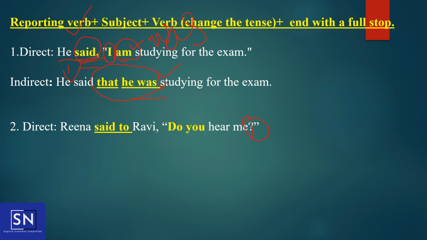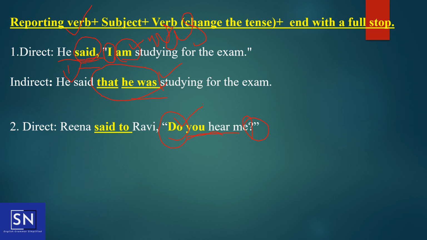Now, specifically, it is a yes or no question, as such questions begin with helping verbs. If you observe here, do you hear me? Do is a helping verb. You may recall from my previous 3 videos that we discussed helping verbs in detail. So remember, yes or no questions do not begin with WH words like what, why, where, when, or how. So now we have identified it as a yes or no question.